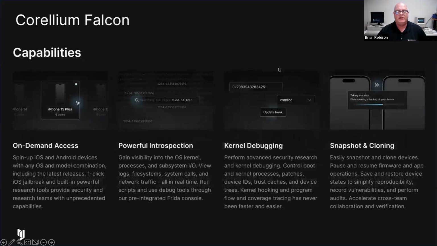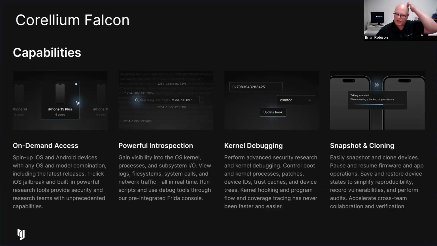Okay, moving on to Falcon. So Falcon's focus again is really on kernel level vulnerability research and exploit development, offensively or defensively, depending on what you're doing. It includes a ton more capabilities around debugging the kernel. It includes things like micro snapshotting, very specific functions so that you can design a fuzzer and test multiple inputs within milliseconds, resetting things extremely fast as you're doing that kind of